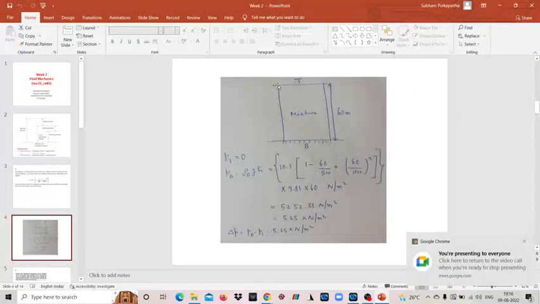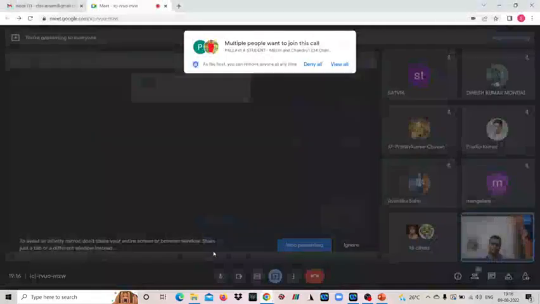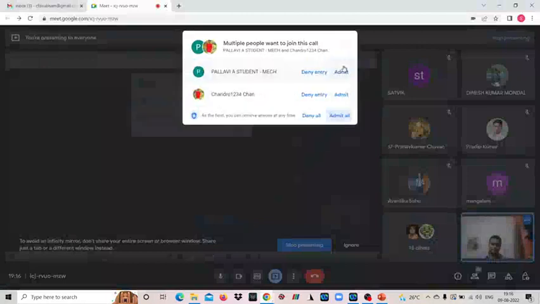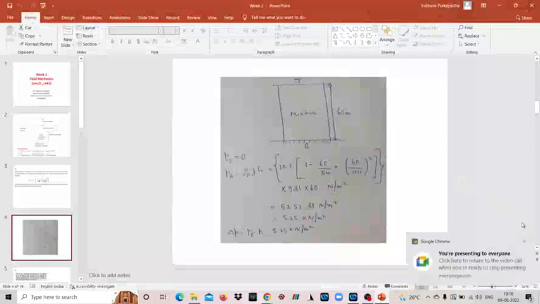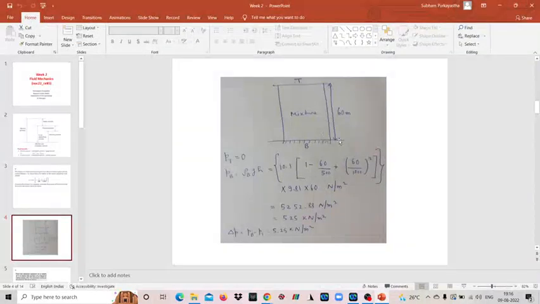Okay, so this is basically the reactor. Say a rough sketch of the reactor, which is 60 meters tall. T marks the top of the reactor and B marks the bottom of the reactor. Now, what will be the pressure on the top of the reactor? And by pressure, I mean the